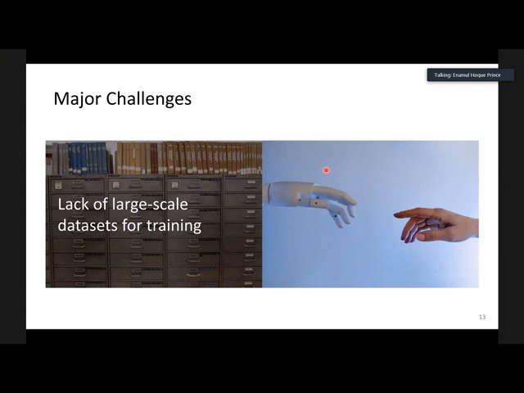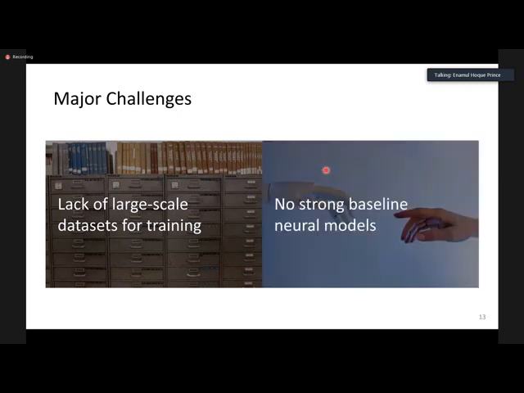So the lack of a large dataset was a bottleneck in our case. Another problem is that there were no strong baseline neural models that we could use. So we wanted to develop several state-of-the-art neural models and apply them.